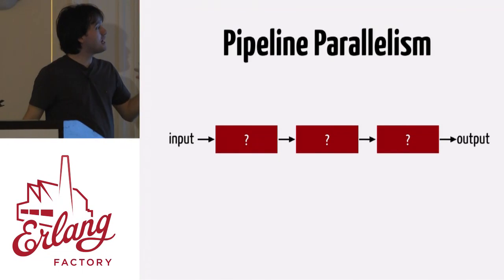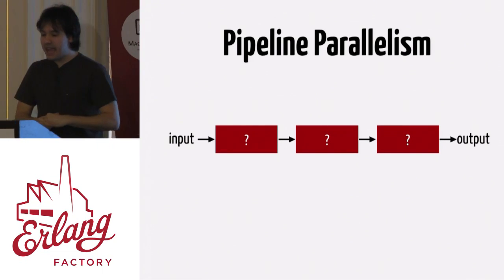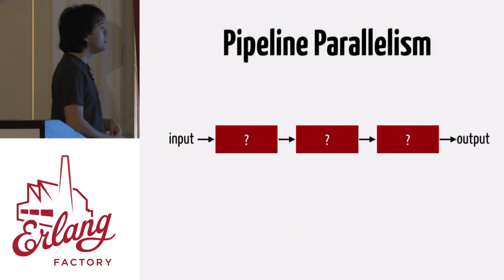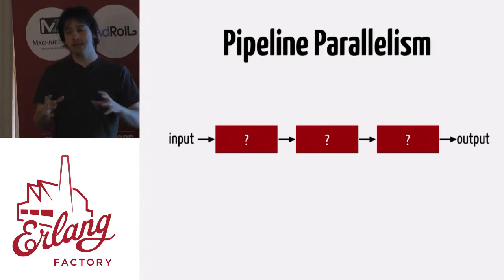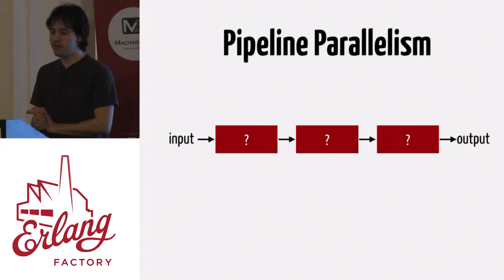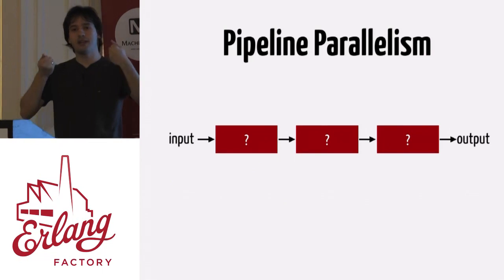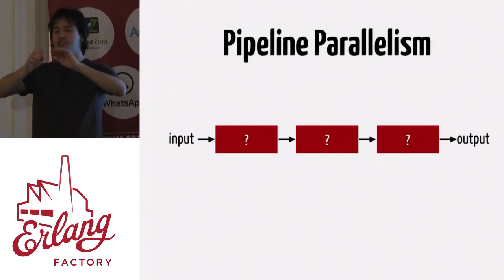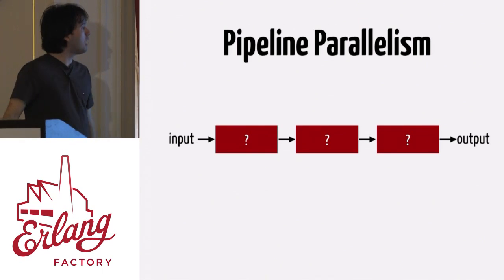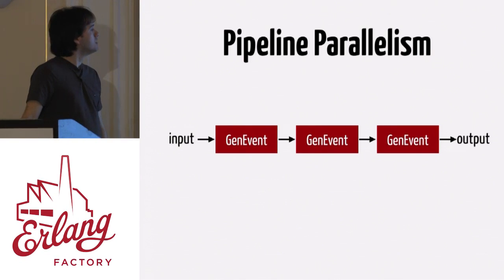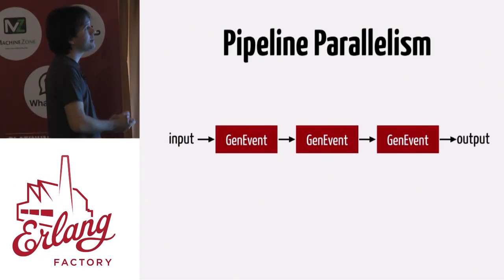Okay? Because we are building everything on top of those abstractions, right? On top of collections, and then on top of laziness. And then we were looking at this, right? And we say, okay, what is going to be those red boxes? What can we put in there to encapsulate this pattern? And then we were discussing it, and we thought, is there a pattern in OTP that is about receiving input, then processing it, and then sending it out to different entities? And then we said, well, this fits a GenEvent, right? So we are extending GenEvent to fit well this pipeline of parallelism.